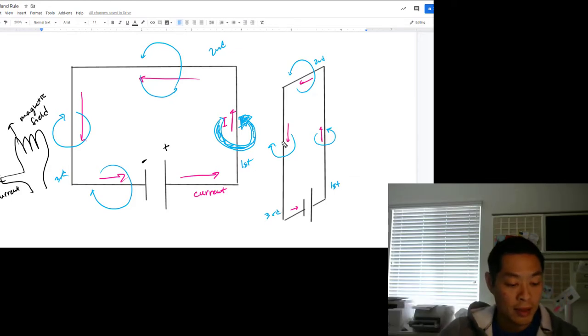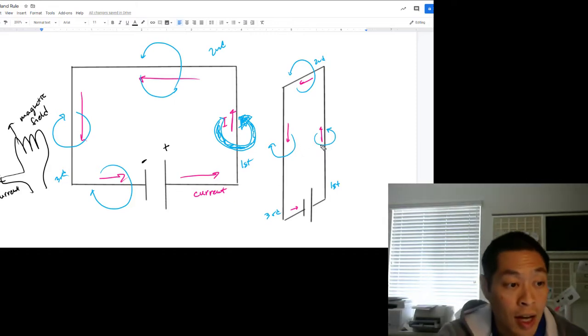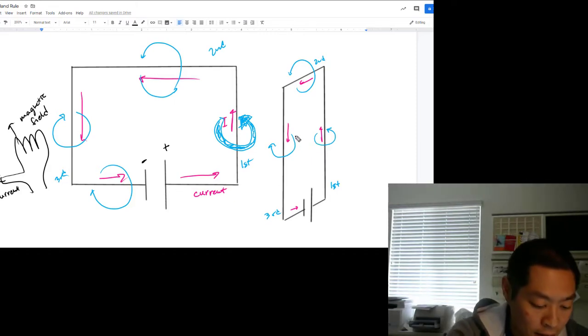So you'll get that. When you notice this, and like I said, this is difficult to do in person, you'll notice that here the arrow is always coming out from inside the loop. No matter where you are in the loop, the side, the top, or the bottom, it's always coming out. So another way of drawing this,